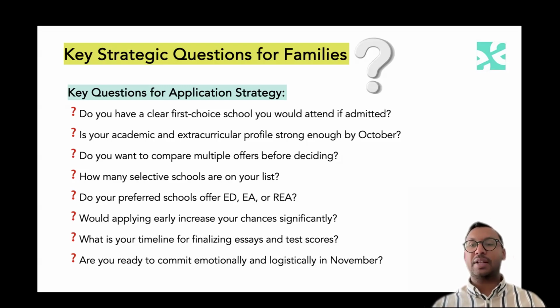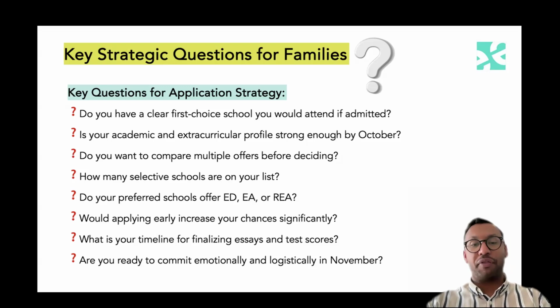If it's not finances, then maybe thinking through where exactly you see your child going to, where they see themselves attending. Proximity to home might be a consideration too. So there are all of these different variables that you might want to consider. How many selective schools are on your list? And again, this is really important because your strategy will include some highly selective schools. In addition to that, it might be some more target schools, and those could be spread out in the various rounds that are offered.